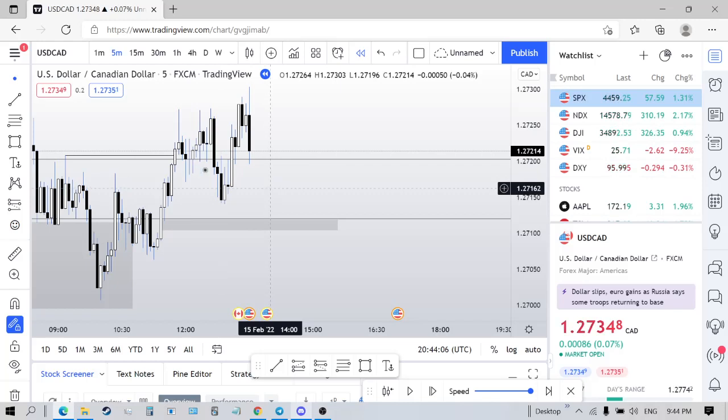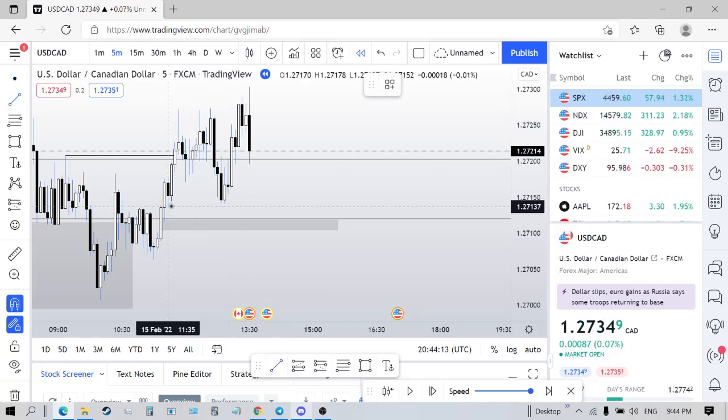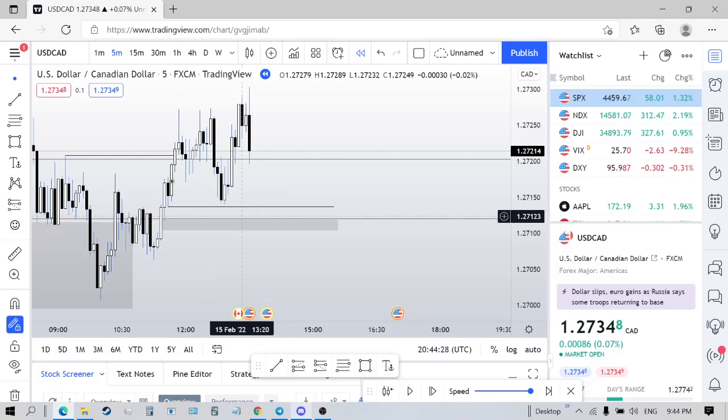But now instead of me being like, I missed it, I'm going to take it right here, no, I see this as more liquidity buildup. Why? Look at this. More liquidity built up, relative equal lows right above my area that I want to buy at. It's giving me more of a probability of this area working out, just this down candle sitting here. You get what I'm saying? So this is how I would love to see it do this.